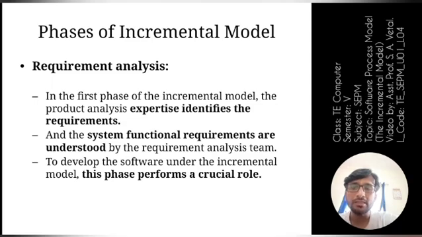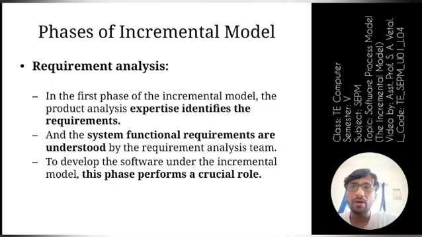We have seen the generic process model, then the waterfall model, and we are learning the incremental model. The requirement analysis or requirement gathering phase is a very crucial and important phase, and it is carried out in every software development process.